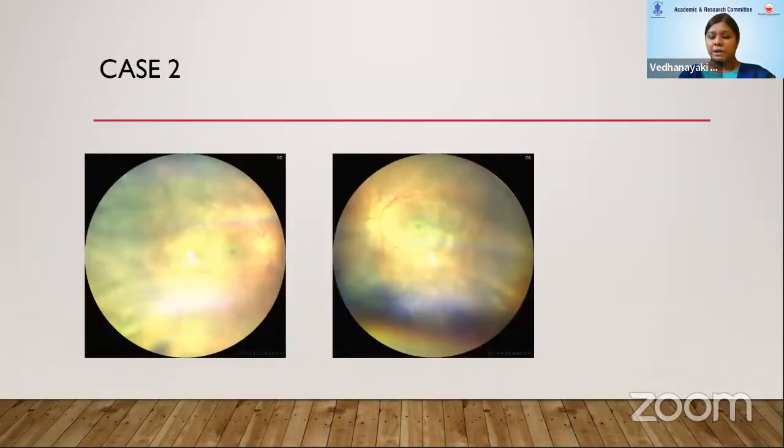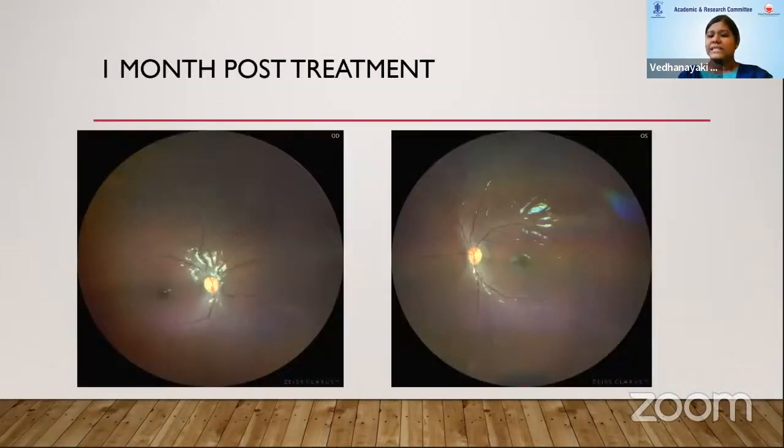It's a 5-year-old female child who presented to us with defective vision. On evaluation, you can see there is diffuse vasculitis, more like a frosted branch angiitis-like picture. Our ideal management would have been a vitreous tap under GA and sending the vitreous sample for PCR, TB, viruses, toxo to find out the etiological cause. But here the child was from a poor socioeconomic family, and the parents were not willing to undergo any of this investigation. Looking at the clinical picture, they gave a history of fever, and there was granulomatous anterior uveitis. So we went ahead and started the child on antiviral treatment with oral steroids.